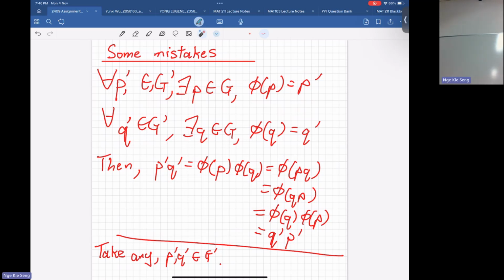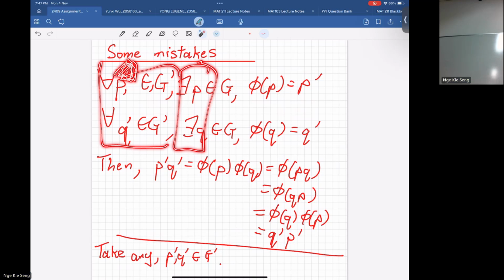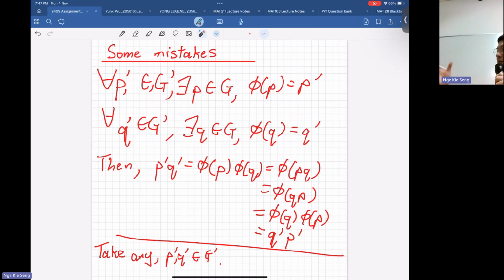Okay. Another point here is, you see, this existence really depends on what you had. This is what you have in your MA1. For every epsilon, there exists a delta. That delta depends on the epsilon. If your epsilon is 0.1, maybe your delta is 0.2. If your epsilon is 0.005, your delta will be maybe 0.0003, for example. It's the same here. If you pick a different P prime, Q prime, then there exists a different P and Q for them to be true.